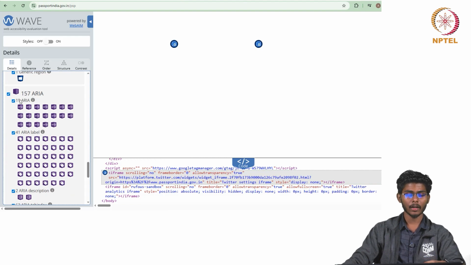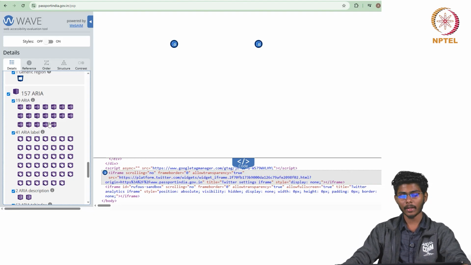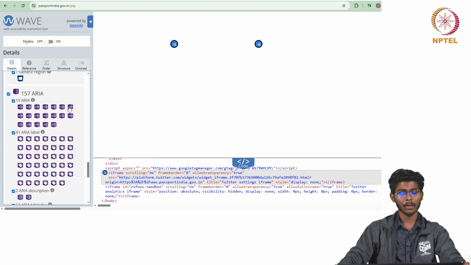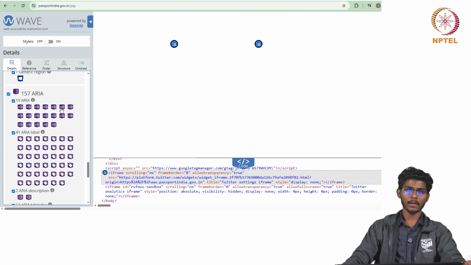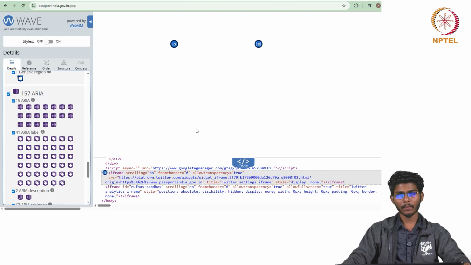And coming to the ARIAs, there are 157 ARIA issues. So what is basically ARIA? ARIA stands for Accessible Rich Internet Applications. It is basically a supporting element for accessibility issues. Meaning